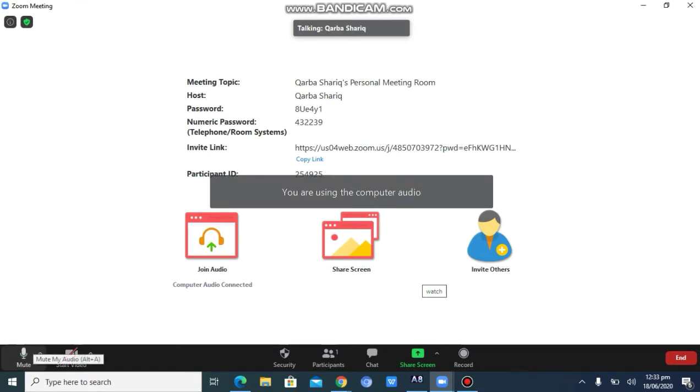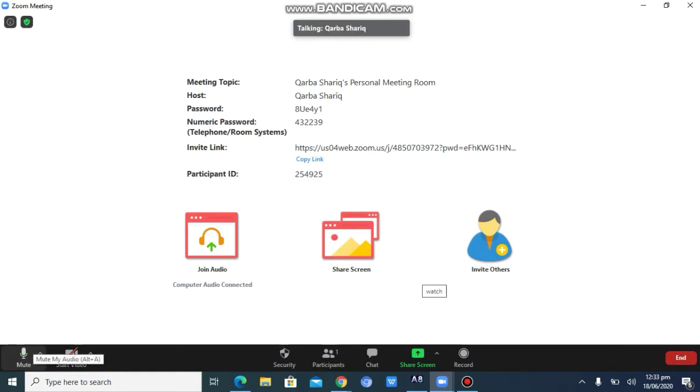After turning it on, you can see some green waves, which means that you are audible to the students and the mic is working properly. If there are no green waves, if there is any exclamation, it is not working. For turning it off, you can just click on the option and a cross will appear, which means that it's now turned off. Same is the case with the video.